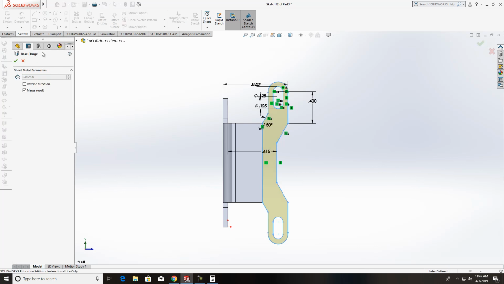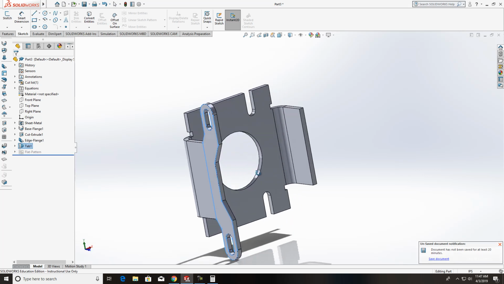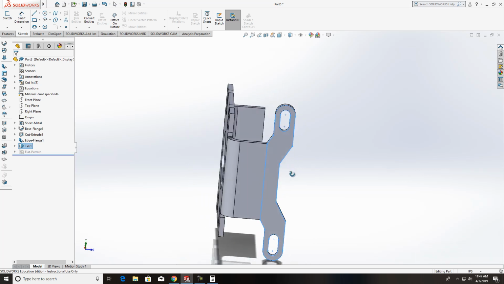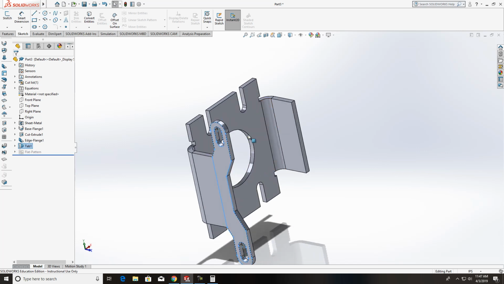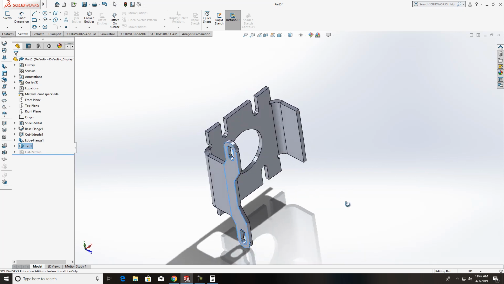And when we do, it brings up the feature property manager of this, and we can put in exactly the thickness, which is 0.0625. It's automatic, so just check mark on that. And we have that one completed. Okay. And now we are going to put this on the other side as well, the same flange, and we can do that